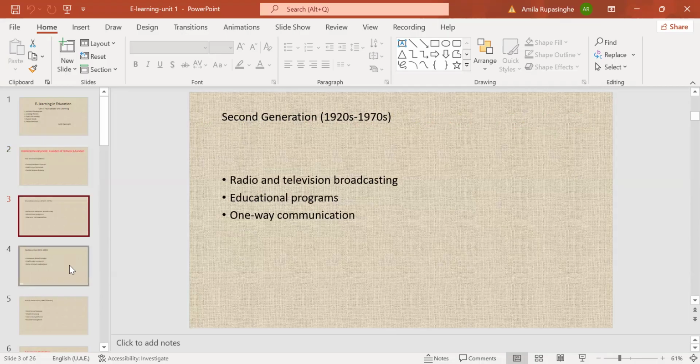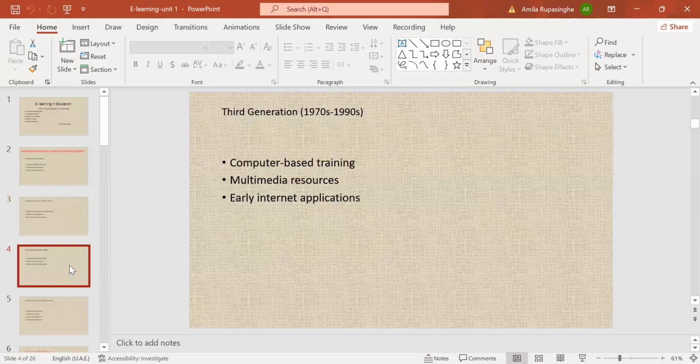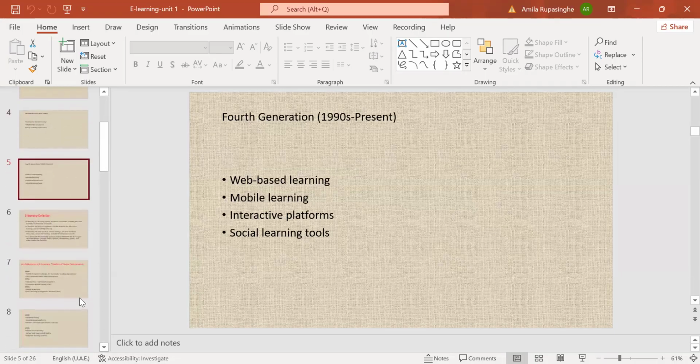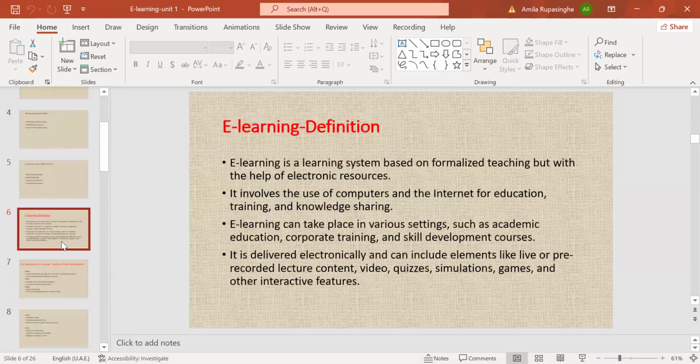It is also one-way communication. Then the third generation started computer-based training with multimedia resources. This is the time that we started internet applications. Then the fourth generation was web-based learning, mobile learning, and interactive platforms, including social learning tools, from the 1990s to the present.